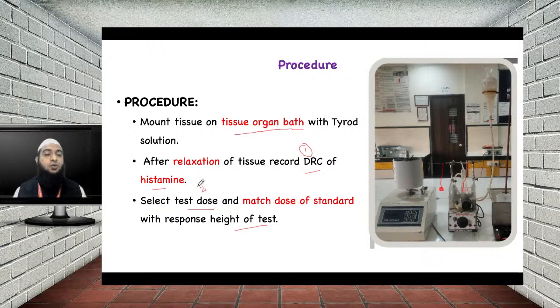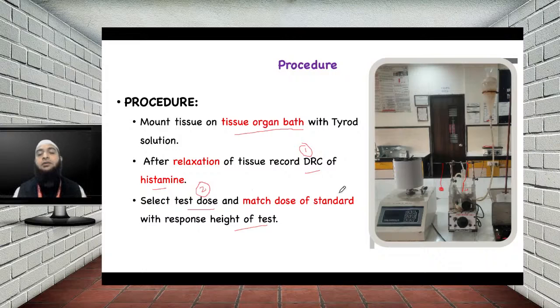So the test dose you are selecting must be in between the dose response curve. It means it should be bigger than the smaller dose of the DRC, and it should be smaller than the bigger dose which is there in the DRC, right? Once that selection of test dose is done,